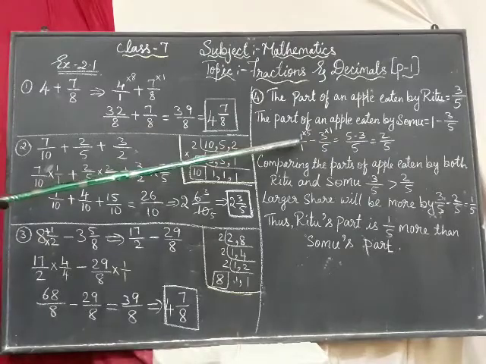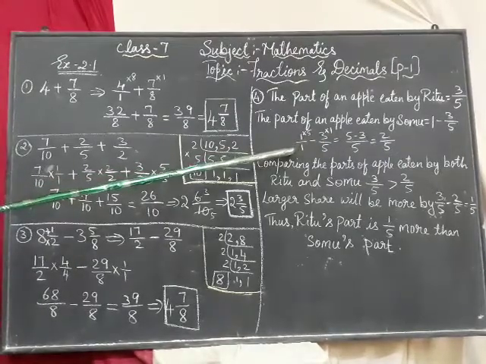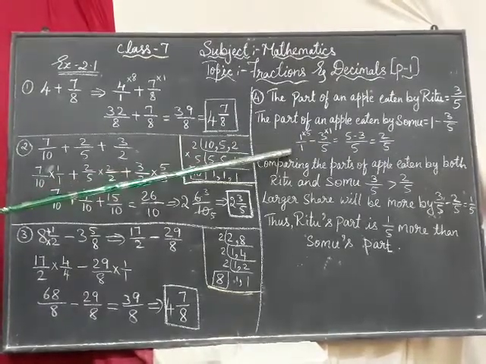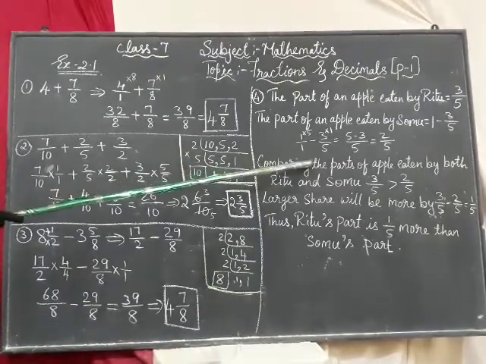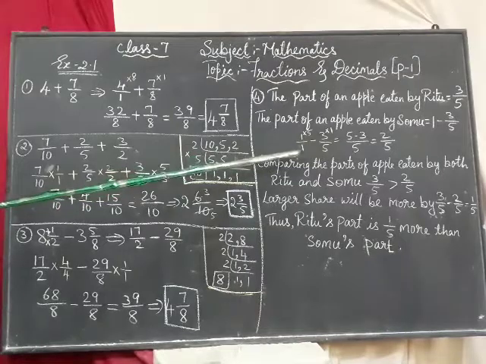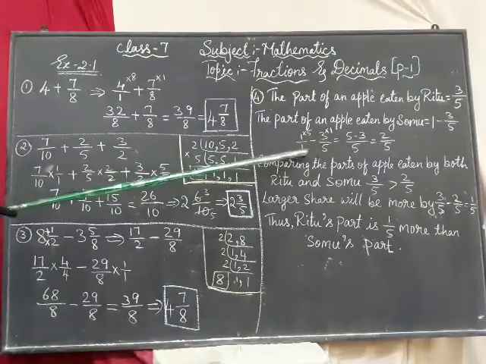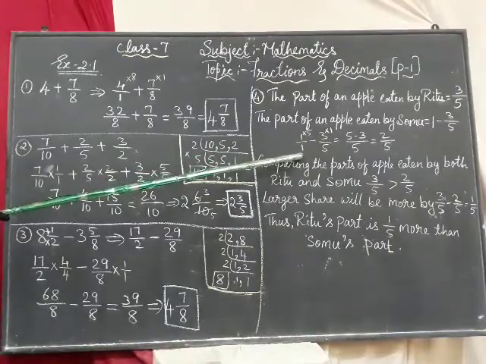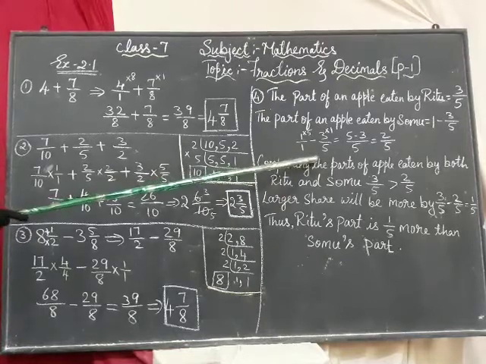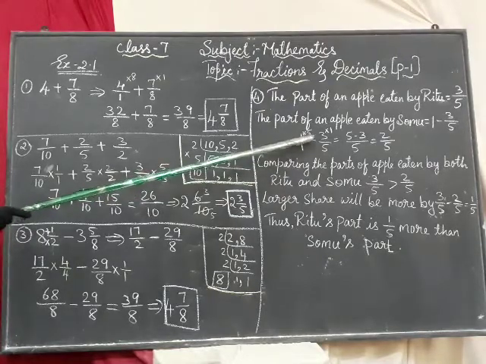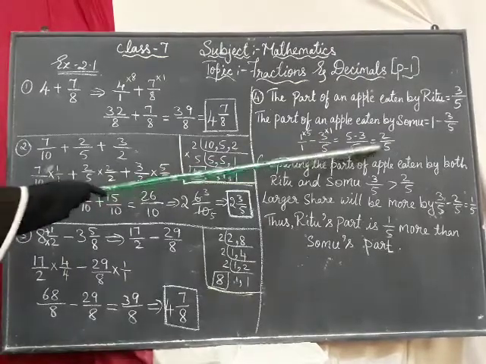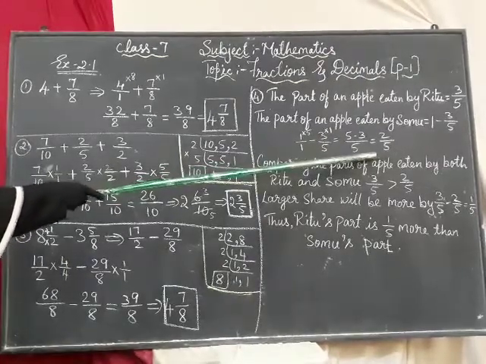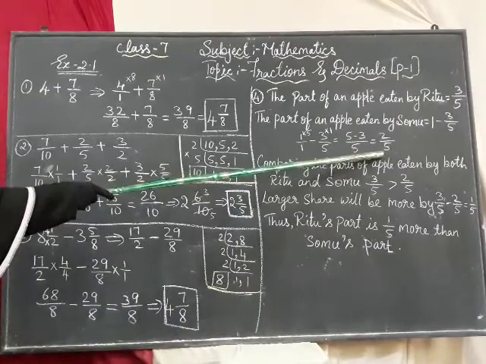So 1 we cannot write there, 1 minus. So take it as a fraction. Okay, whole number we should take as a fraction, then do the subtraction, that is 1 by 1. Here 5 into 1 is 5 only, that will be the LCM. Right. So do directly there. This is 5 and here 1. So 5 minus 3 will be 2 by 5. How much did Somu eat? Somu ate 2 by 5.